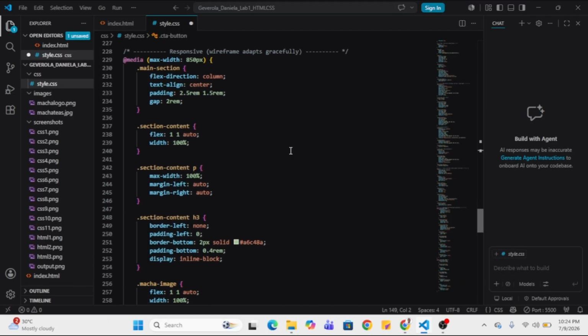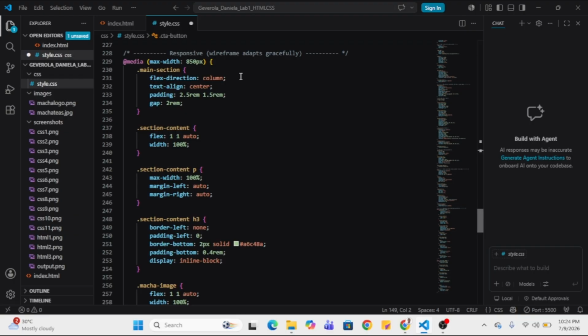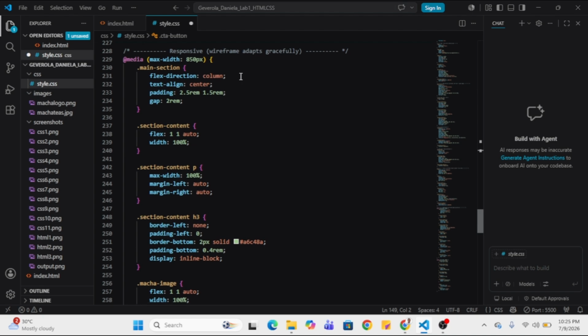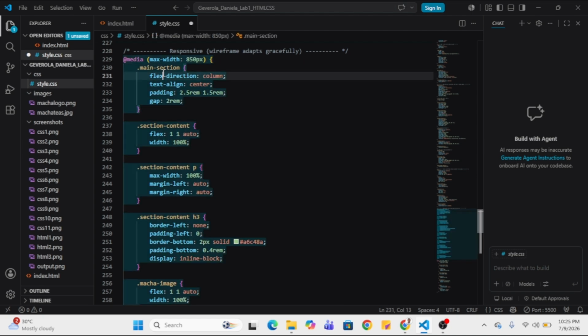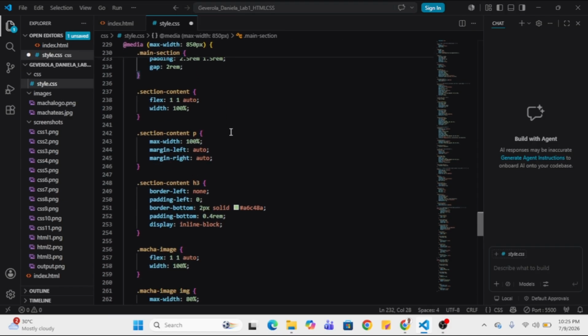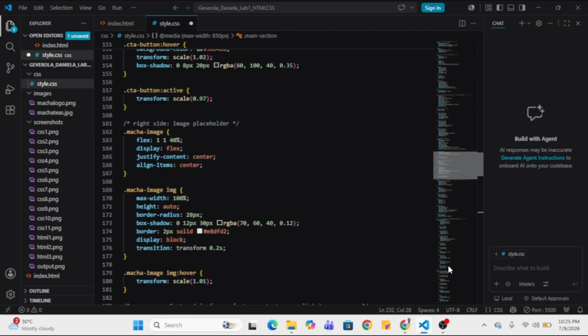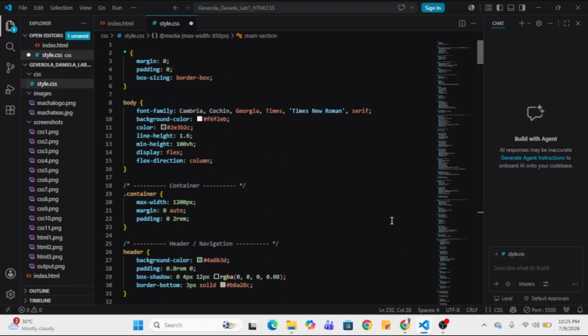I also added this one because I think it will be responsive and will automatically organize to different types of devices, whether you are using an iPhone, phones, tablets, etc. It will rearrange to the specific device that you're using. For the media query, I just researched it, so it will recreate all the designs the same as on the desktop.